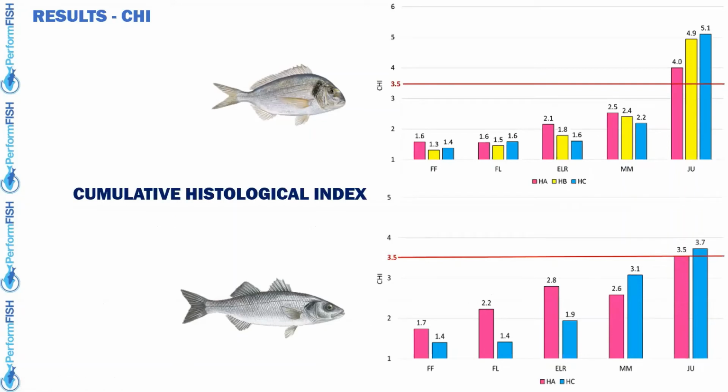Well, okay. I start by discussing the key values of the three hatcheries calculated for each developmental stage, shown in the bar graph, both for gilthead sea bream and European sea bass. As you can see, key values remained below the warning threshold in the first stage, with very small differences between hatcheries. This means that no serious pathological alterations were observed. And the alterations observed were biocompatible, but this does not mean the total absence of injuries or alterations. Unfortunately, it's not possible now to analyze batch by batch,